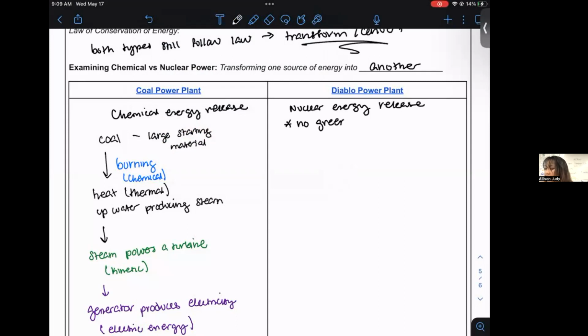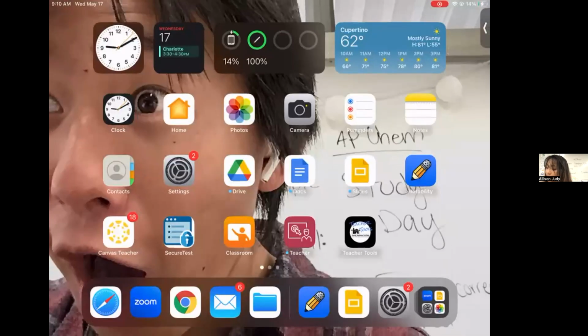So it is considered a green form of energy. Again, very surprising considering the radiation part of it, but it is considered a more sustainable energy source. And then of course, two, well, we'll keep going. The other difference is that you're starting off with nuclear, but let's keep going with,